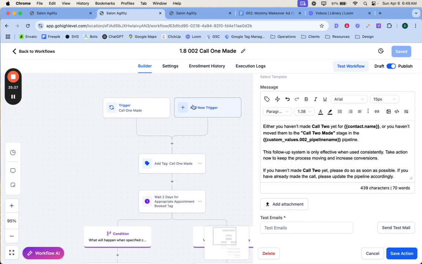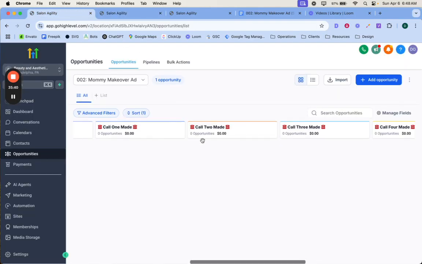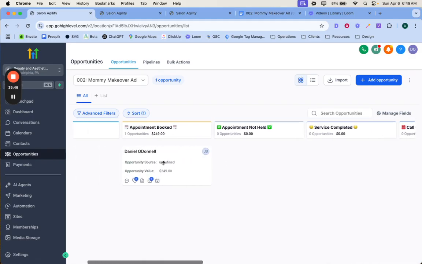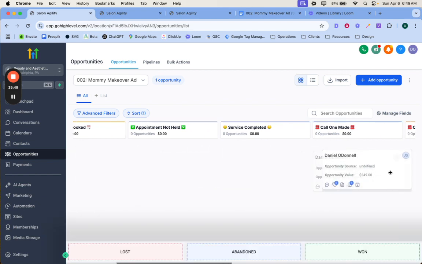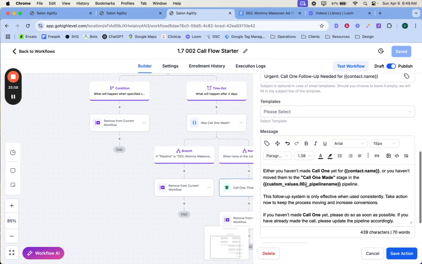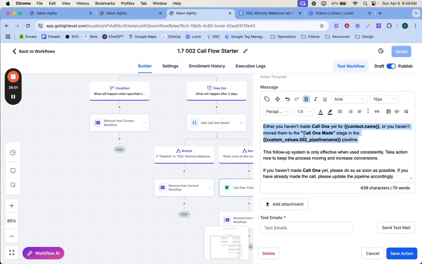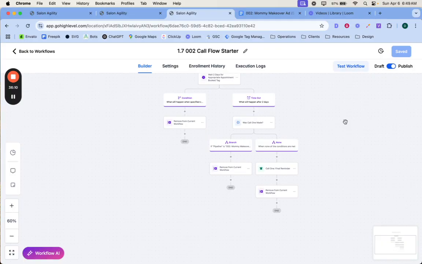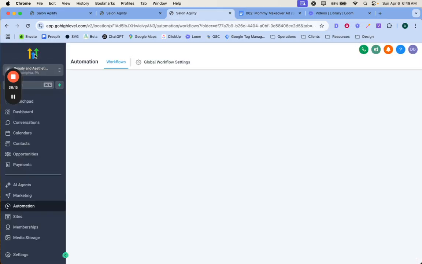The client making call one and dragging the lead over, as you've seen in the actual use case of my client that uses the system. They could do all this from their phone. They don't even need to use desktop at all. All of this is set up for your clients to do it on their phone. Basically just reminding the clients, hey, you haven't made call one yet, or you forgot to update them in the pipeline. Make call one as soon as possible. Same thing for calls 2 through 5. A little follow-up system built into it, which is nice. Plus your clients will get,